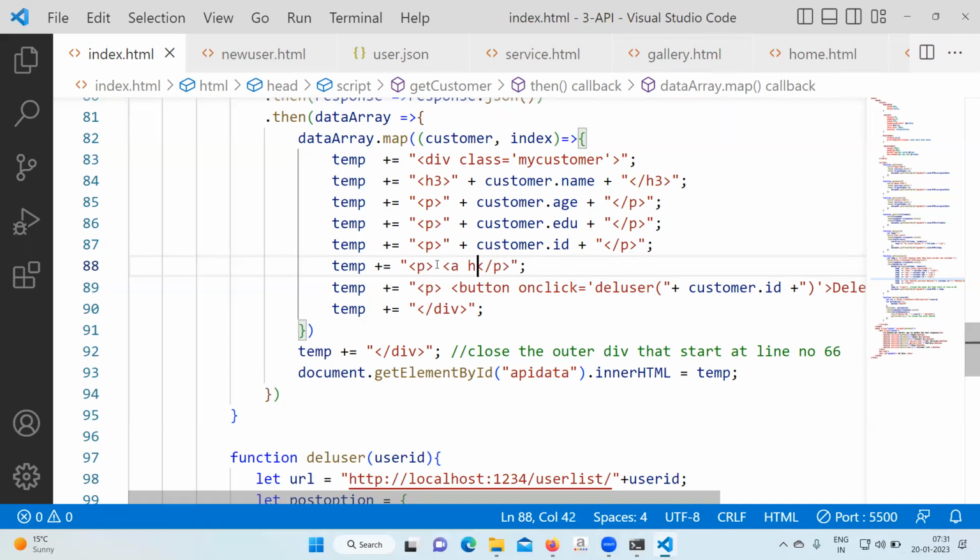We can add a href equal to. We can write here edit also, or we can create a button also if you want. Button open close and write called edit. And this button itself will become a hyperlink, a complete hyperlink. On the click of this button,